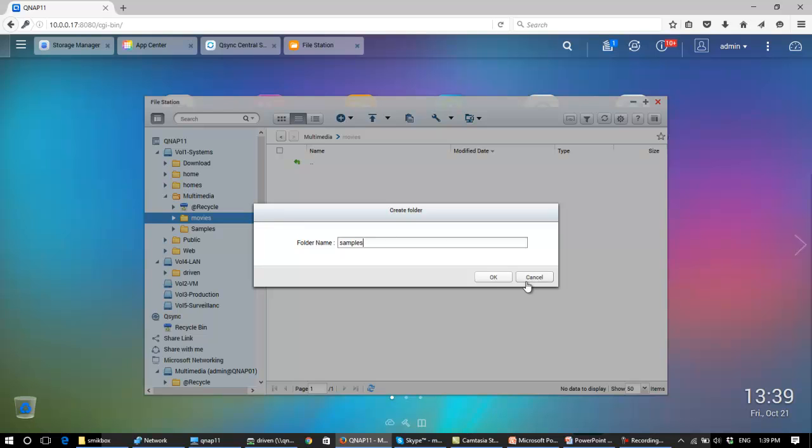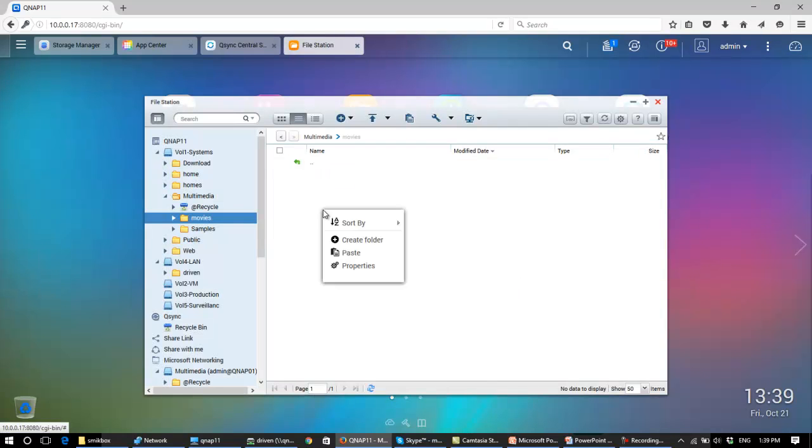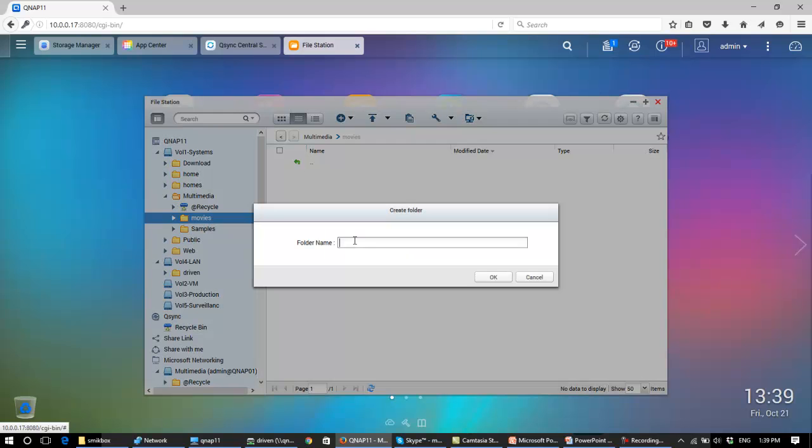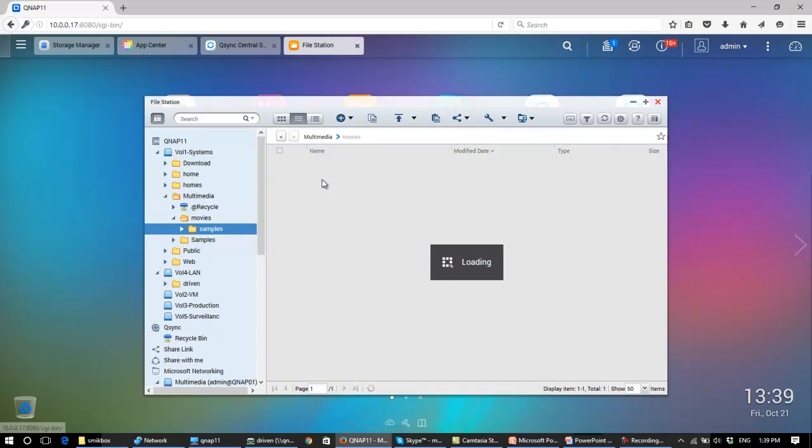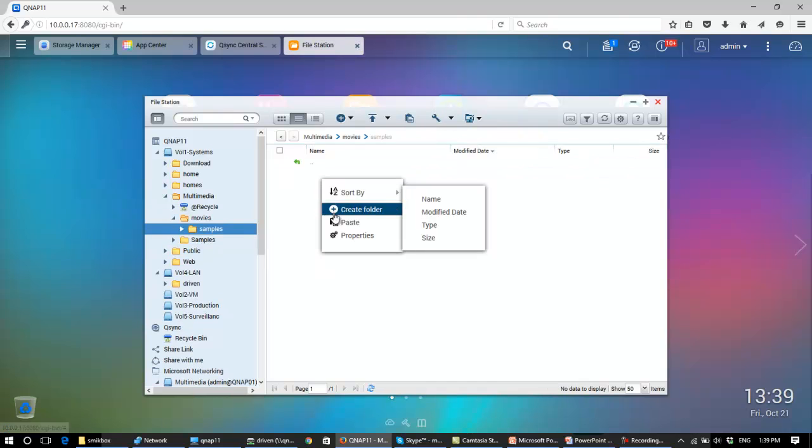Another one called sample. Oh, hit the wrong button. Mouse click, paste,